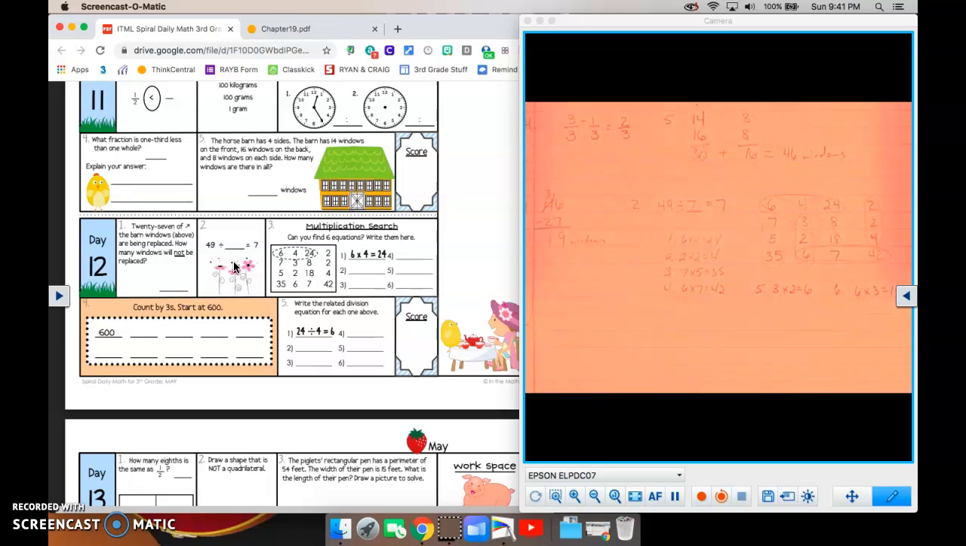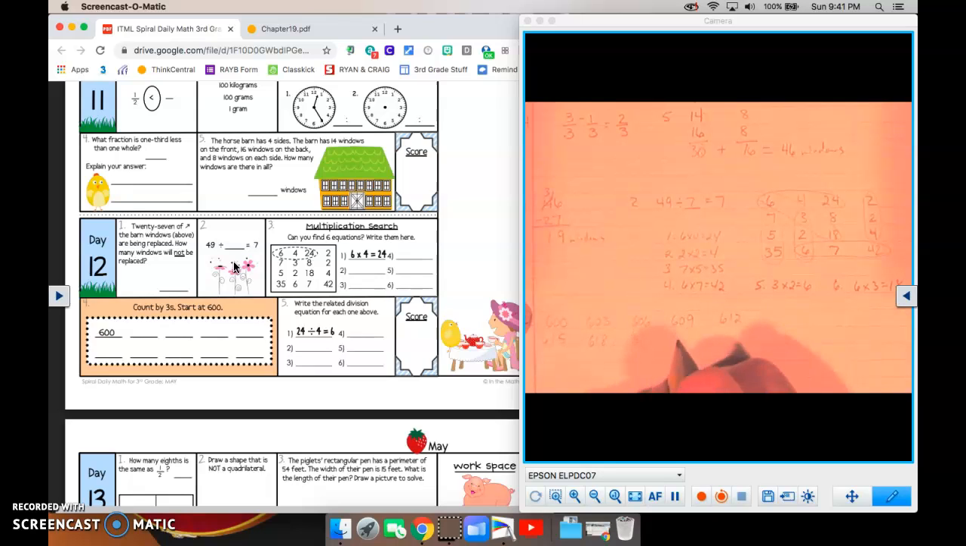Number 4. This says count by threes, start at 600. So here is 600, and it says count by 3. So 603, 606, 609, 612, and then we go down one, 615, 618,